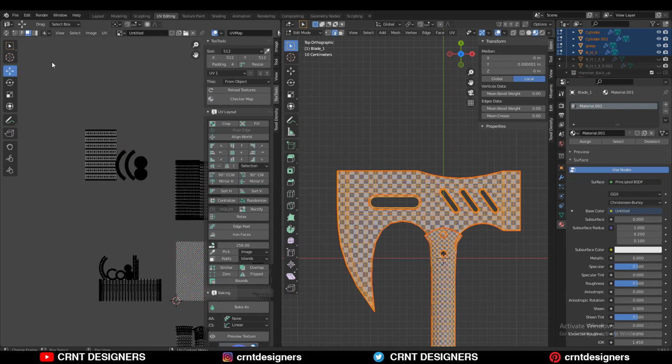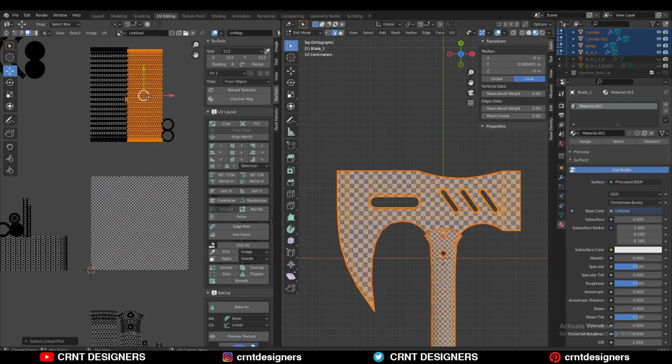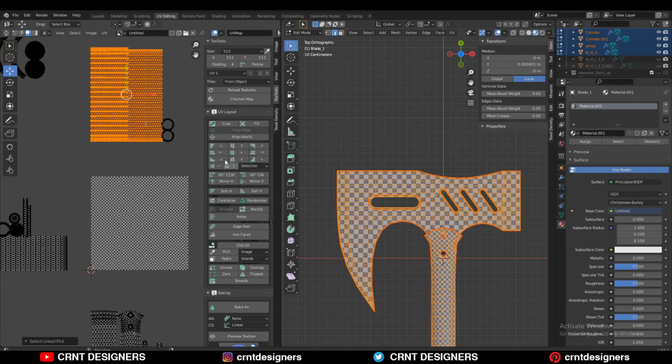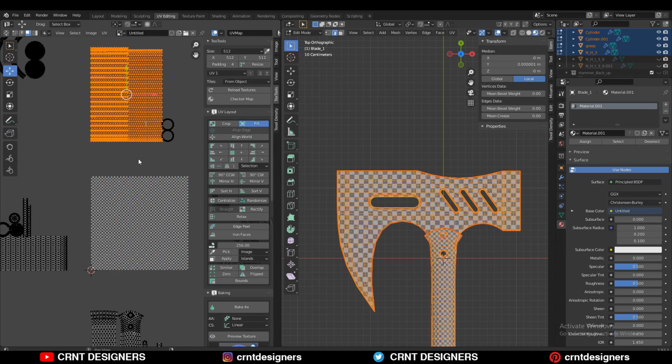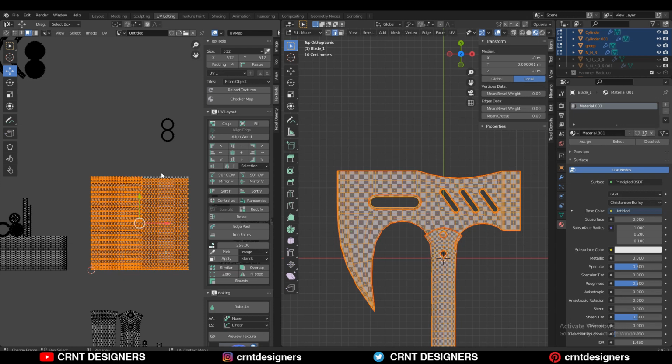The main motto of this tutorial is to teach you how you can use the text tool add-on and its features. Just go to the face mode, and now if I select this UV island by pressing L key and then select this also, and here are the options. You can see align world, crop, fill. These are different options, so it will crop and it will take your UV island in this UV space. If I select fill, it will fill your UVs in that UV space.